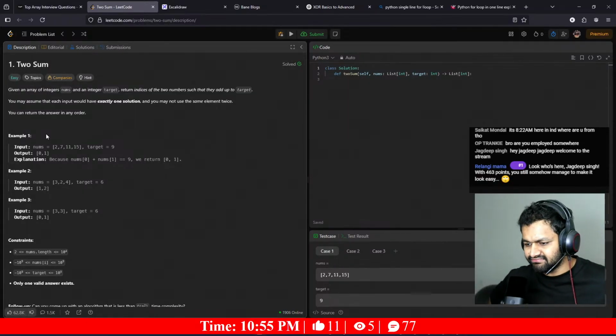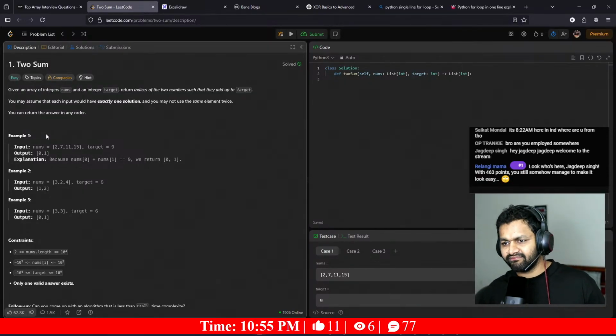I think this is a common problem. I have solved it a few times. Yeah, it looks like I have solved it, but I don't have the solution, which is fine. I can think about a new one right now. So I have an array and the target is 9. I need to find out an index of the numbers which sums up to 9. I mean, the straightforward solution is,